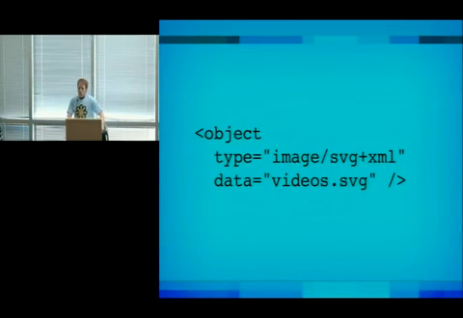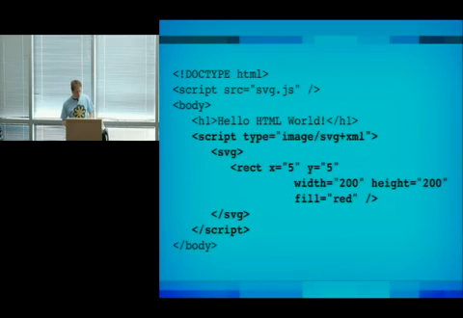I want to just briefly touch on how a developer works with this. And if you're interested in this, come to the Tech Talk. I'm going to be essentially taking you through all the steps to get going with SVG Web. But you've got two ways to embed into the page. You can use the object tag, which will also work on IE. We have that working on IE. And you just say, this is SVG, and then you set data equal to, here's what I actually want to show. Or you can directly embed into the page.